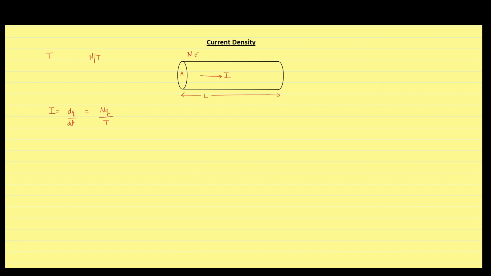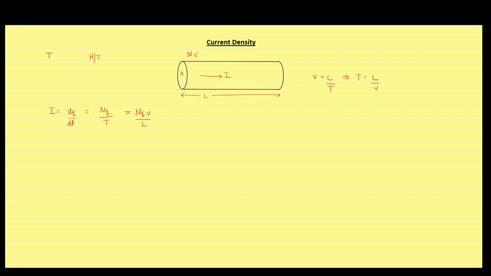Assume that electrons move with a constant velocity v, and velocity is given by distance traveled upon time taken. It gives us t equal to L divided by velocity. Now, replacing t, we will get